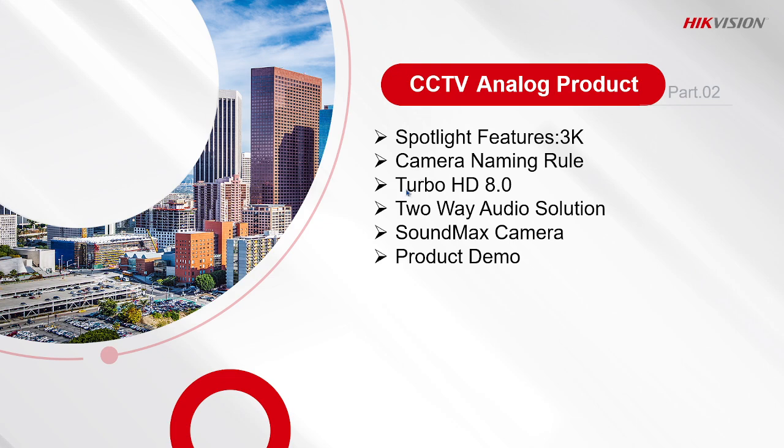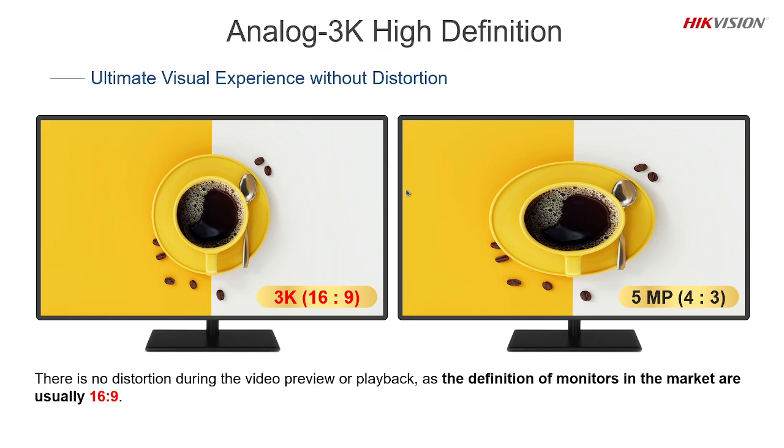CCTV analog products, spotlighting the 3K camera. Highlight the Turbo HD 8.0. If you don't know about Turbo HD 8.0, you need to pay attention to this. Two-way audio, SoundMax camera. Remember, analog is now the economical camera solution. So we have the 3K solution with high definition. Then you can compare with the 15MP. The image is more lively on the 3K